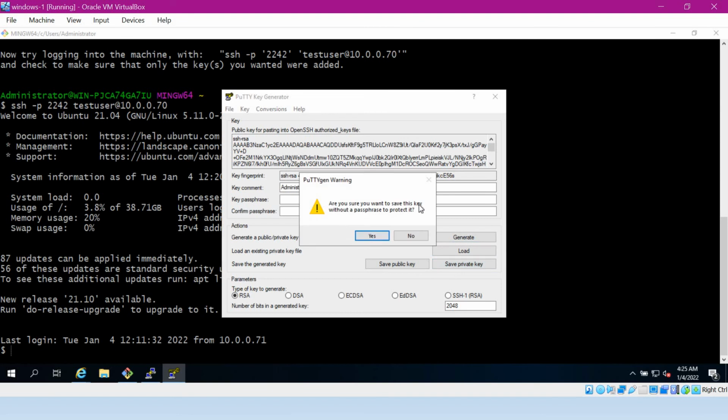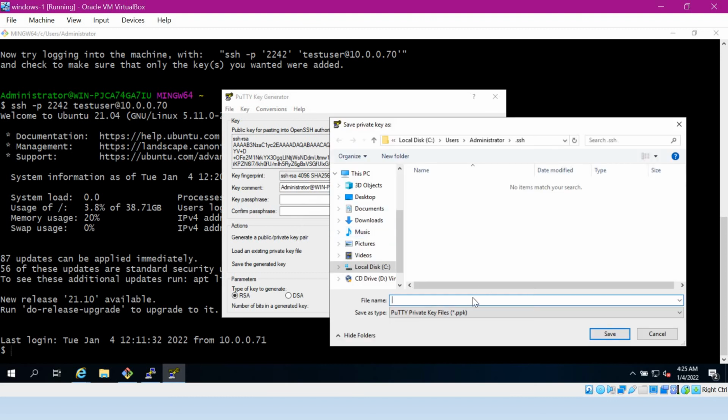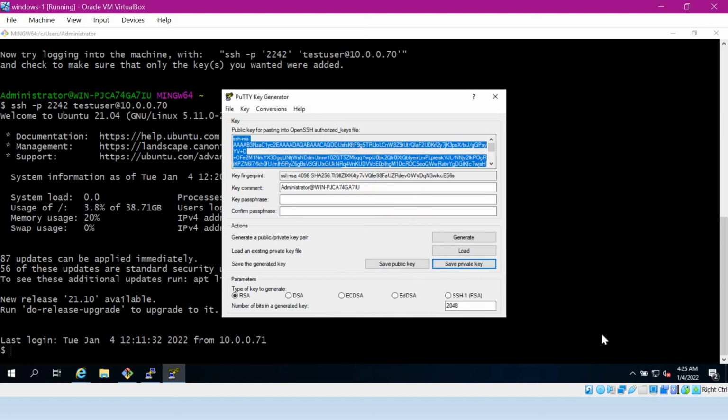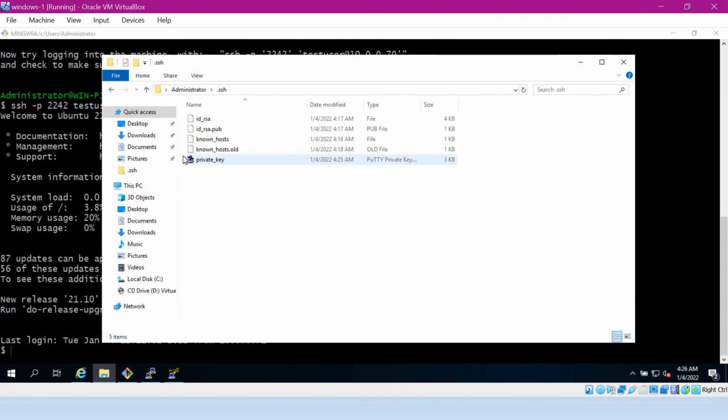We do not have any passphrase while generating, so just click Yes. Here we need to give a name for the private key. We can give any name, just save it. That means we have the .ppk format now. This is the key file generated via PuTTYgen.